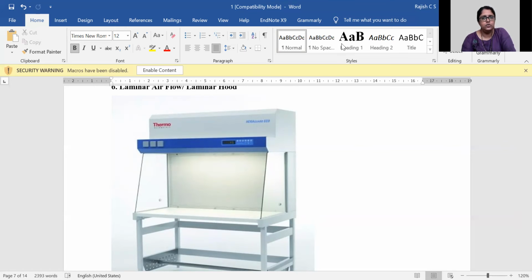What you need to do when you're bringing your media components from outside: you have autoclaved your medium and kept it, but now you will be keeping it outside. So there could be bacteria that have settled around the neck of the conical flask.